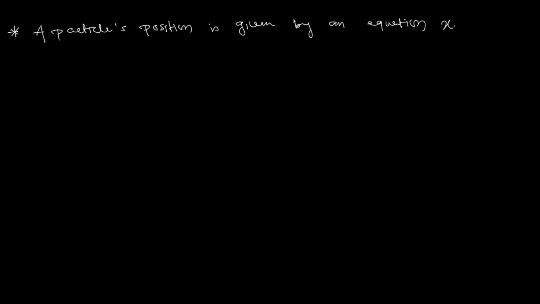Say position x is equal to 3t squared plus 2, in meters, and t is in seconds, right? That's what this equation basically governs, the position of the particle. The question is, find the velocity